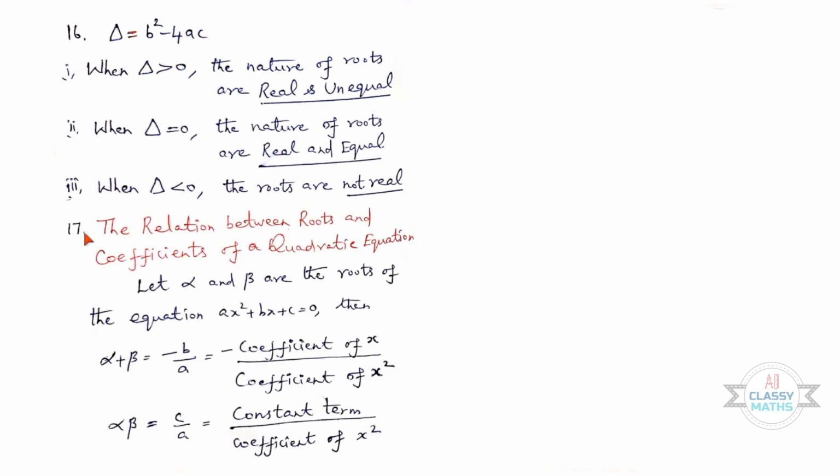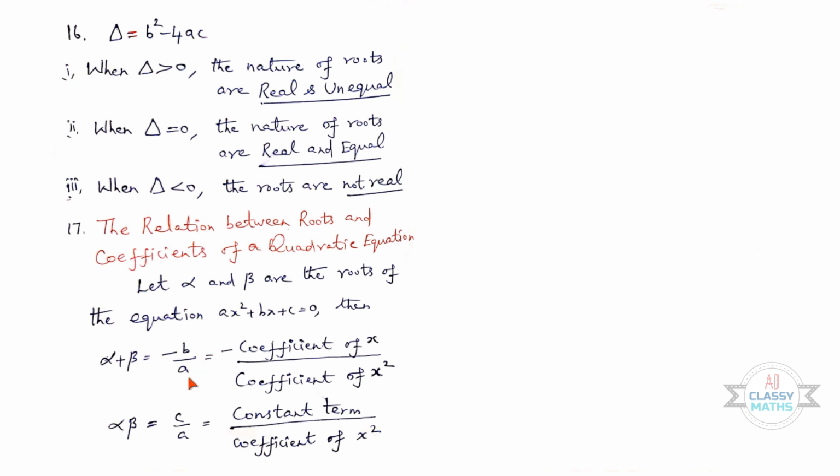17th one, the relation between roots and coefficients of a quadratic equation. Let alpha and beta are the roots of the equation ax square plus bx plus c is equal to 0, then alpha plus beta is equal to